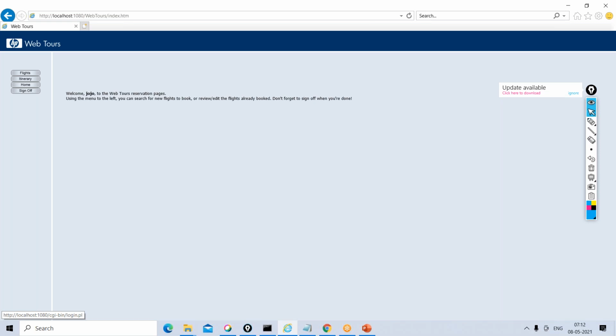But what if I want to test the performance for some 100 users, or 500 users, or 1000 users? When I say 500 or 1000 users, what I mean is, what if this particular application is being used by 500 or 1000 people at a time, and I want to analyze the performance, the speed of this application, how fast the application is responding, how fast the pages are loading.